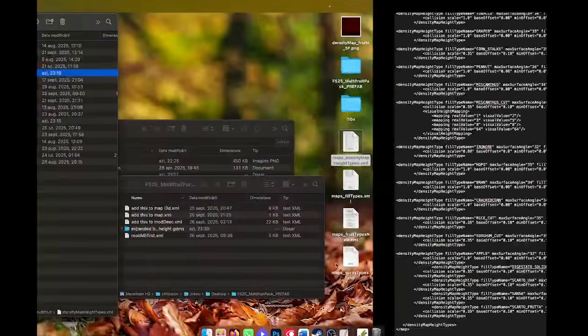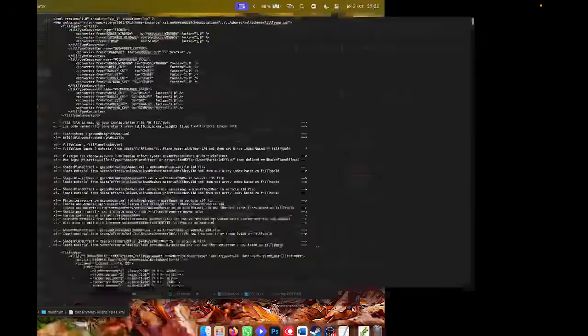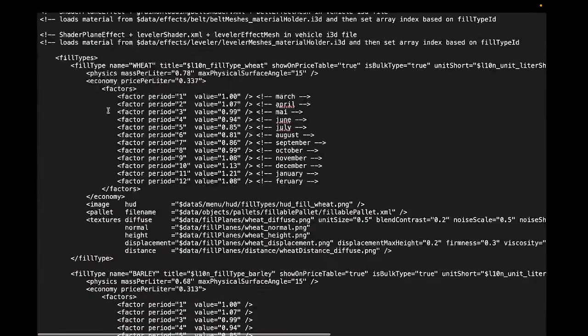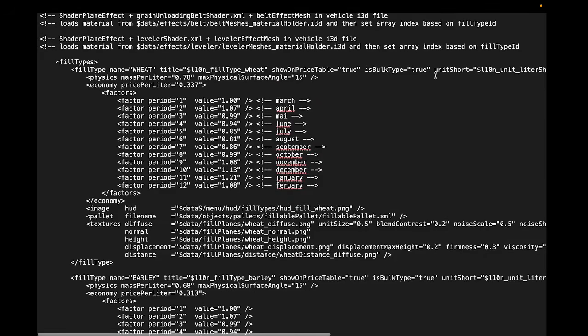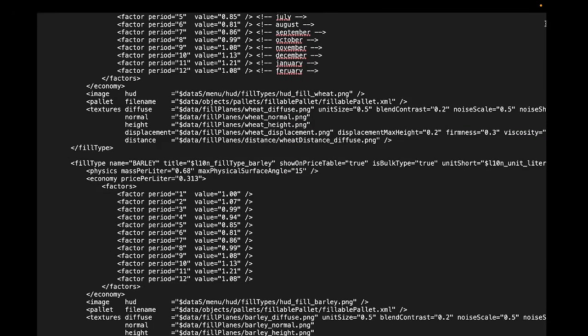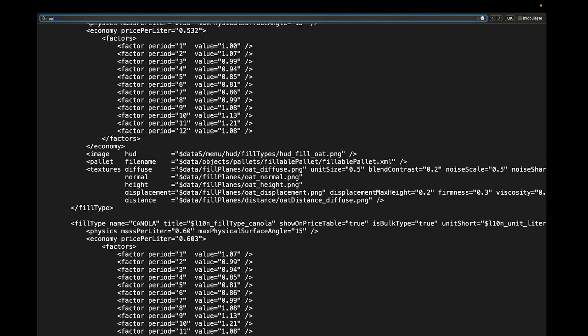So save it, quit it, and do this with all the new things. He uses the FS25 method, as I see. So let's search for Apple,